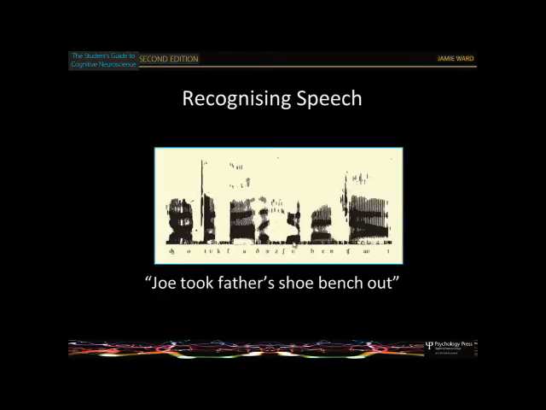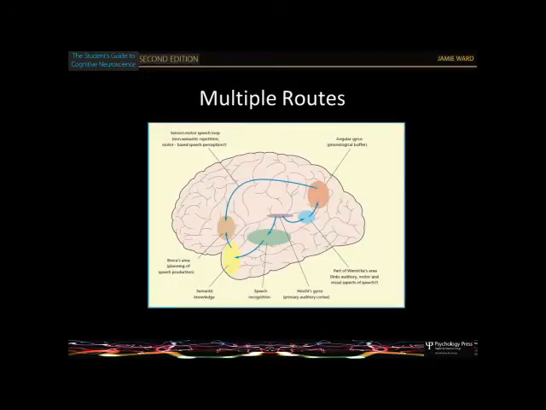And then there are these silent bits in them. But the silent bits aren't the gap between words. The silent bits are when you stop the stream of air flowing, and that can happen at the beginning of the word, in the middle of a word, at the end of a word, or whatever. So the bits of silence don't correspond to where the words are. So effectively, what you're having to do is take a constant stream of this varying pitch, intensity, and so on, and extract words from it. Okay. So this is your spectrograph that Joe took father's sheep etched out.